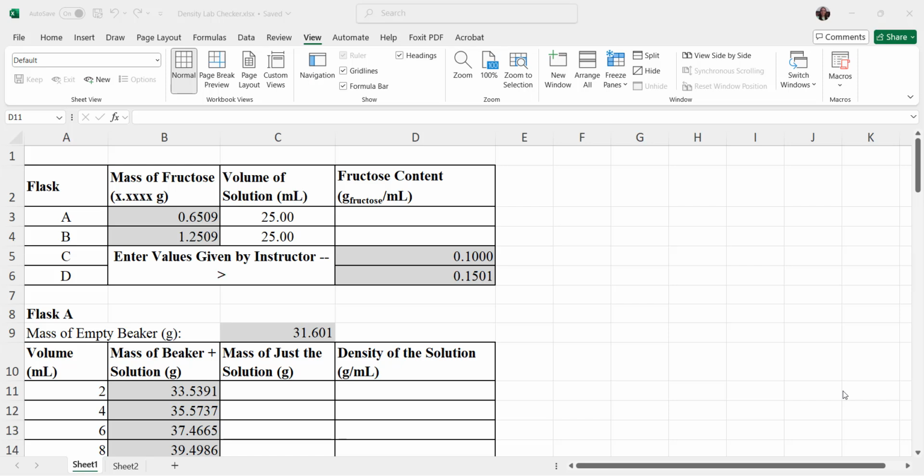I've started by copying over the tables from the supplemental lab packet for this lab, and I have filled it in with some sample data. These numbers will not be the same as your numbers, but they're for illustration purposes. So I have some sample data for measuring out the mass of fructose in order to make flask A and